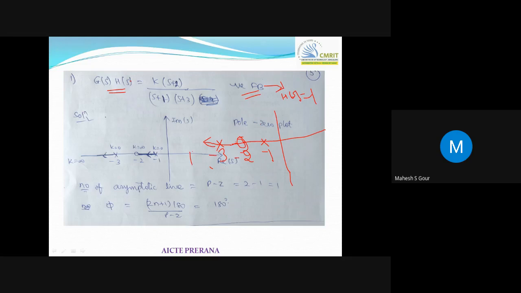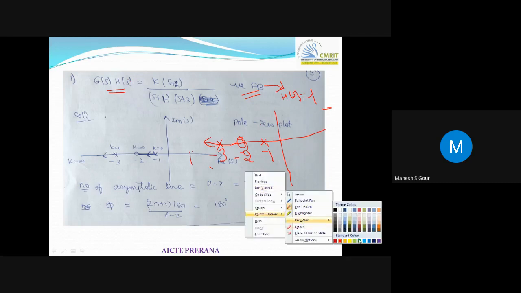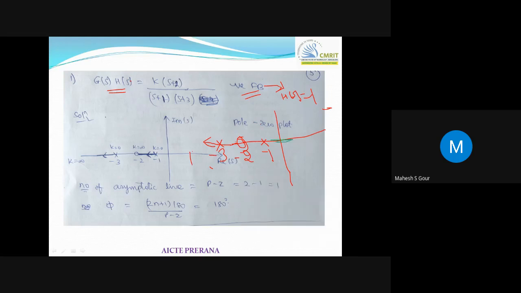Now, what is the next step? You need to draw the root locus. How? It starts from poles and terminates at zeros. So first I'll check this area for any root locus. When I see this area, right hand side of this, there are no poles, neither zeros. So the number will become 0. The 0 is treated as an even number, not an odd number. So here there is no root locus.